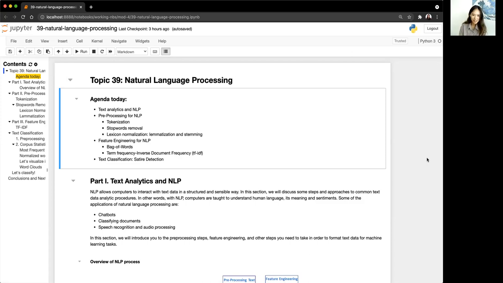Okay, so today we're getting into natural language processing. And I want to preface by saying that the modeling aspect of NLP is actually pretty much the same as what we've done before. You can take your text data and do classification with all the same models that we talked about last phase. You can also do regression with the models that I talked about last phase. You can technically also do a linear regression with text data.